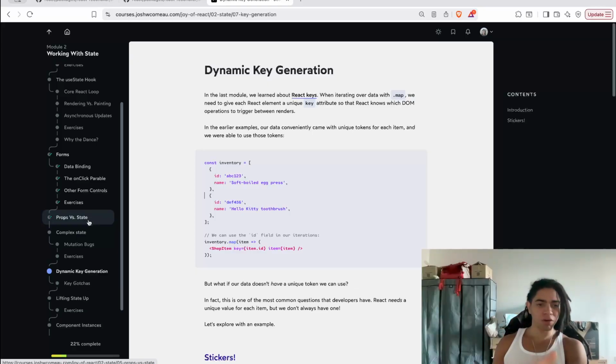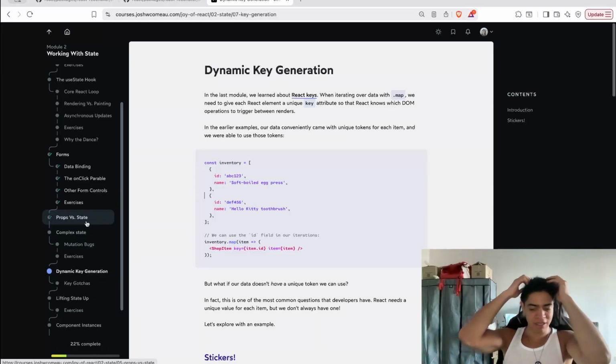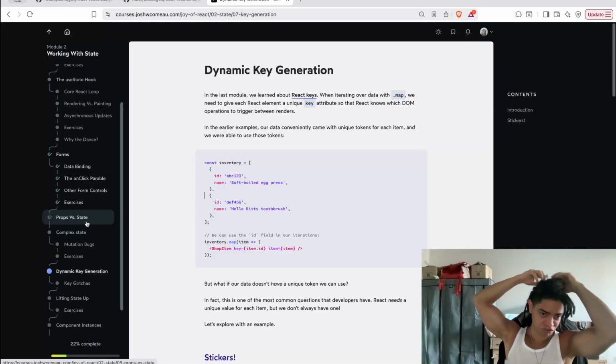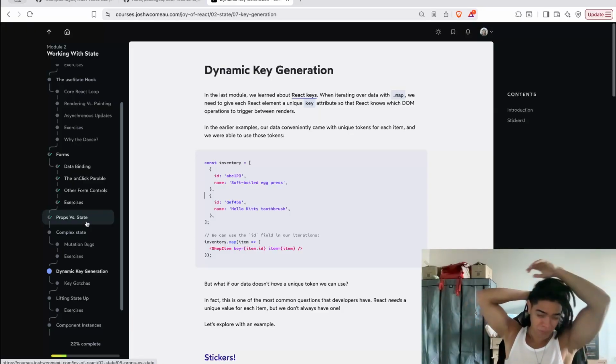So then we talk about props and state, and how props at the end of the day is just a way of how you can pass down data from parent to children. So far so good. Not any problem, not any different things in that regard. All right,